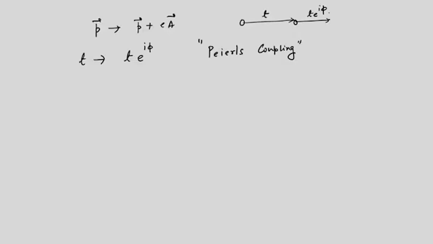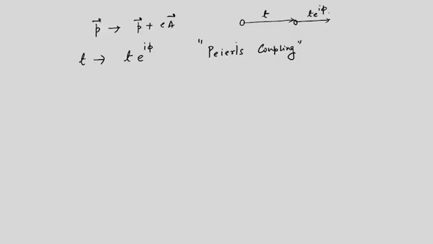So, this picking up of phase is called Peierls coupling, and you see that the system actually loses translational invariance. So, can you now use k as a vector? Fortunately, even if the system does not have translational invariance over say 2, 3 or 4 sites, because it becomes t e to the power 2 i phi, then t e to the power 3 i phi and so on,